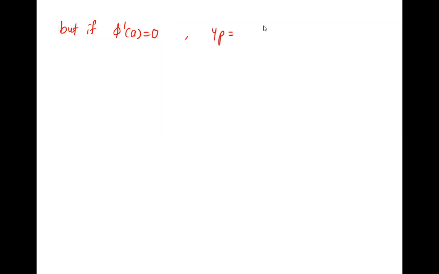We are here. The last step I'll write. Yp is x upon phi dash d into e^(-4x), and in place of d we have substituted a. So x upon phi dash a into e^(-4x). We have said phi dash of a should not be 0. But if that phi dash of a is getting 0, then what should we do? Yp is equal to x square divided by.